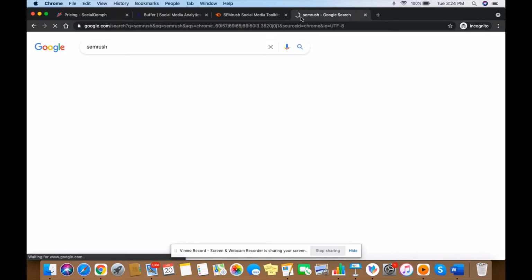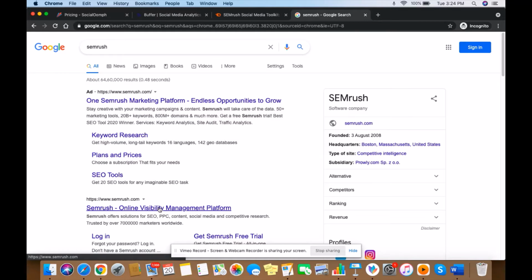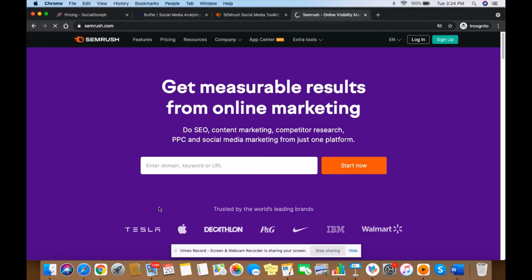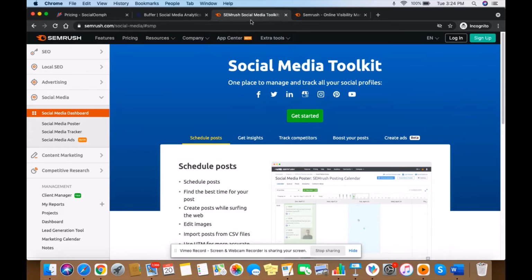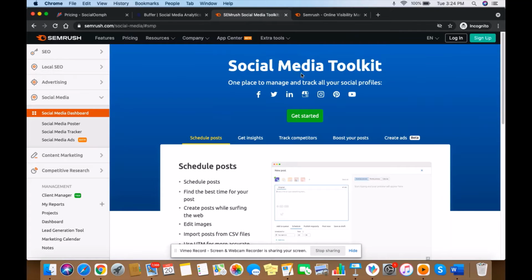This particular platform offers a wide number of tools for marketers. Once you create an account, you have to create a project. So this is completely free.